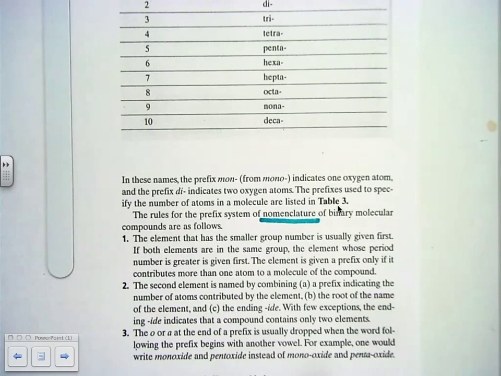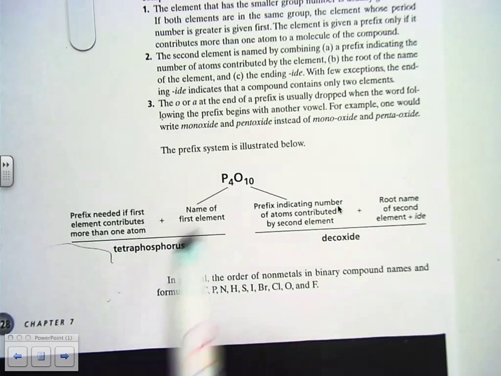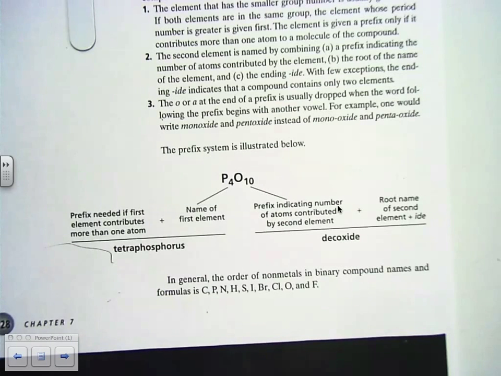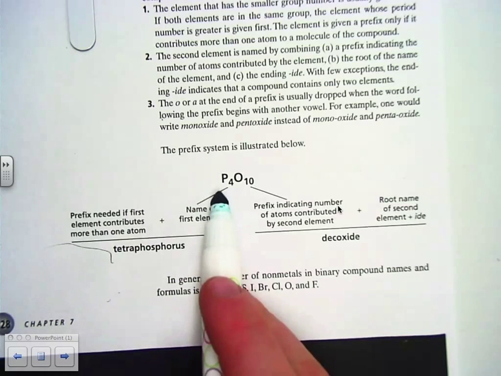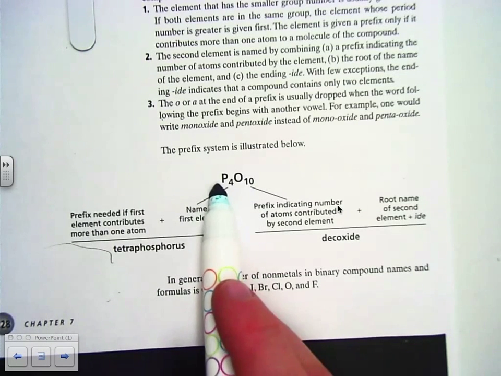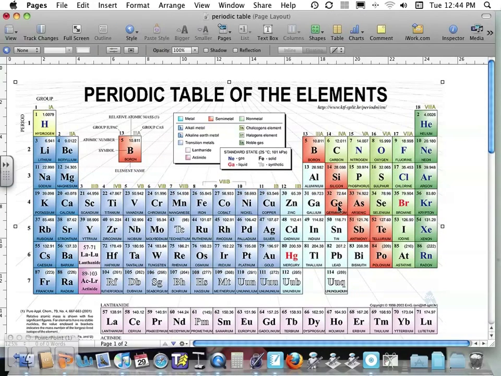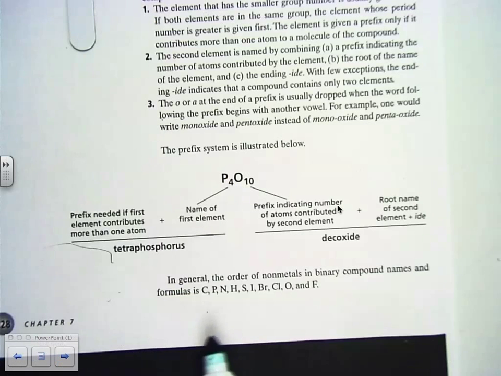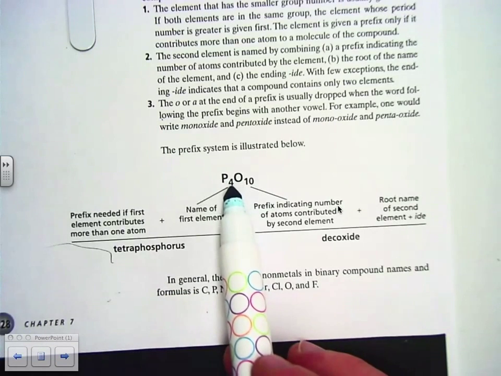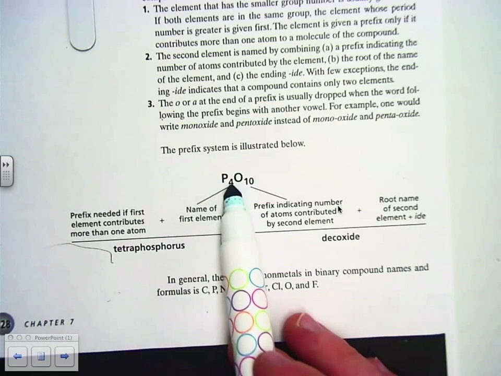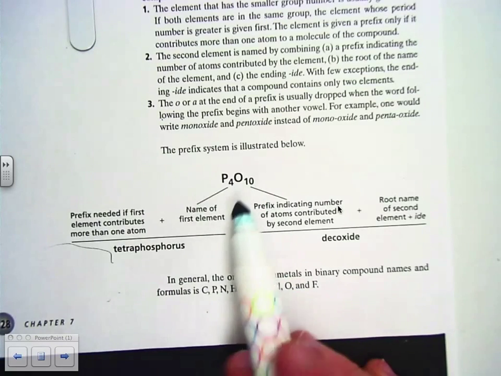All right, let's look at an example down below. So here we go, P4O10. This is actually a lot easier than you might think. P4O10. Well, P goes first because if we go to our periodic table, phosphorus is in a lower group than oxygen. So P4O10. P is phosphorus, and 4 is the number of phosphorus atoms, so tetra